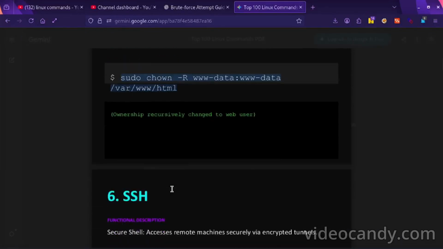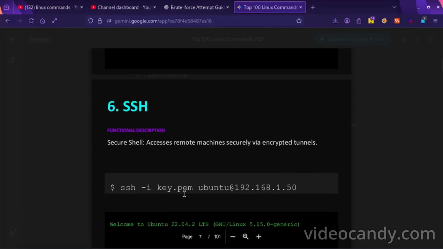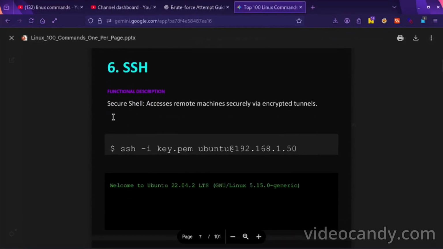This can change the permission, so I cannot. SSH, secure shell, accesses a remote machine securely through an encrypted tunnel. If you have any virtual environment to connect to, you can use this to connect.